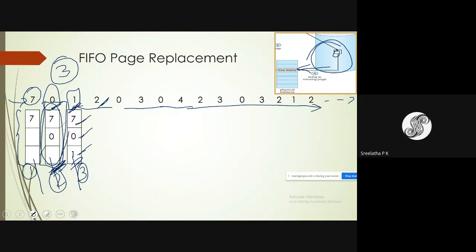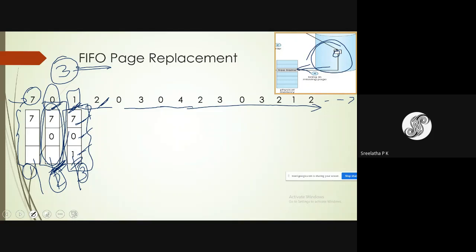Now, as per FIFO, first in, first out, whichever page has come first out of these existing pages will be selected as victim page. Now out of this, which page has come first? Is it 7, 0 or 1?